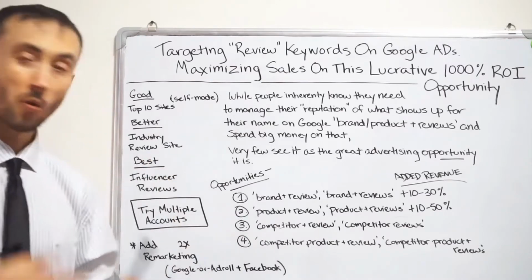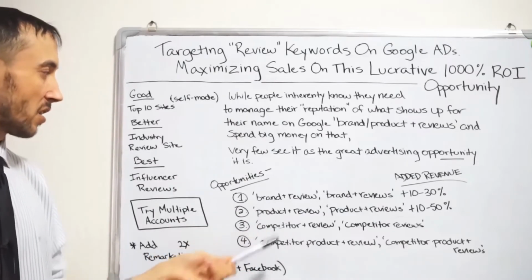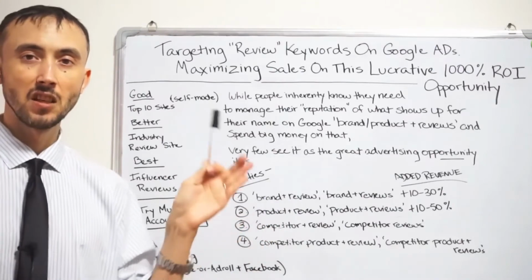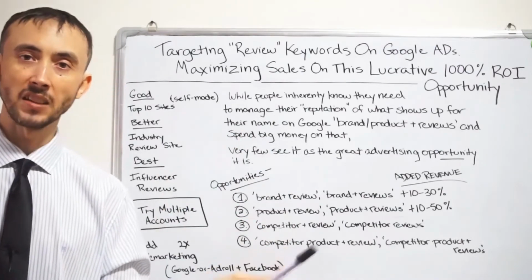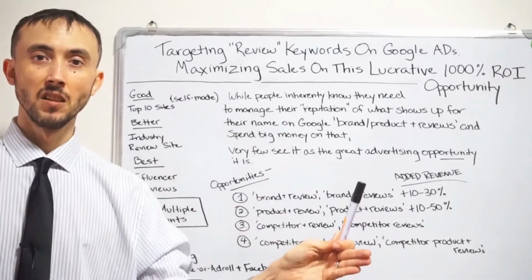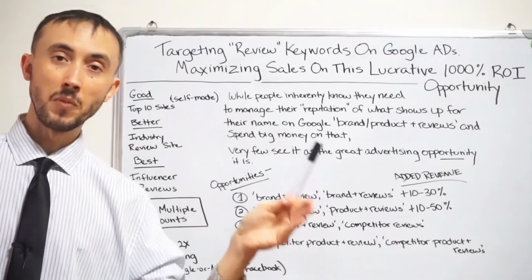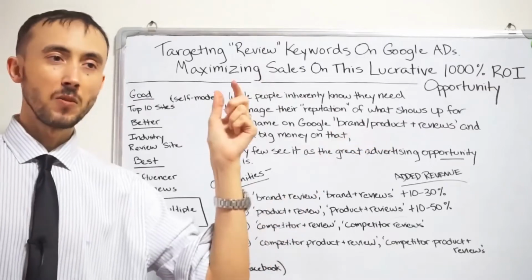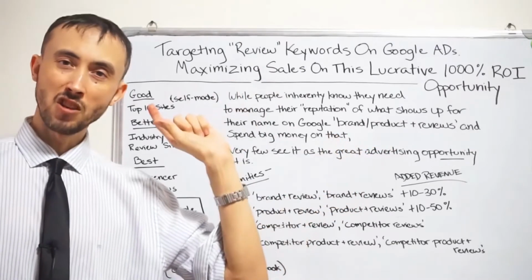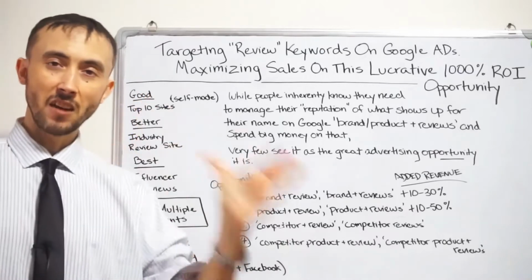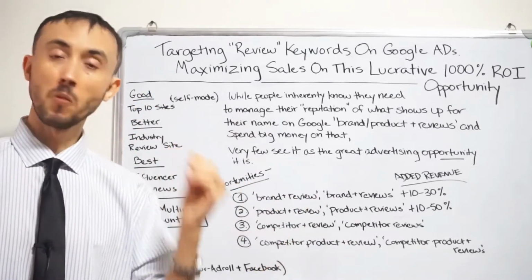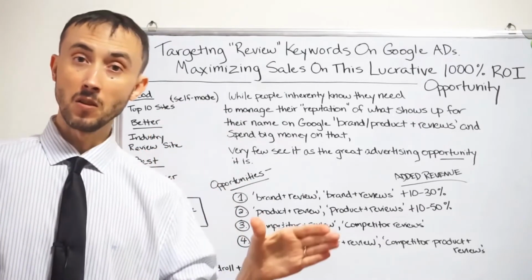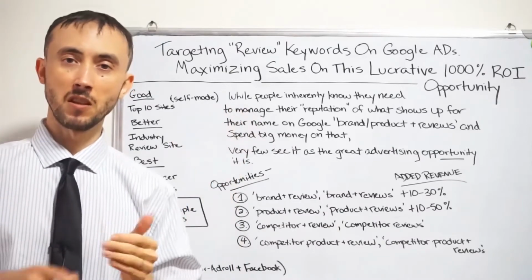So, just to sum this up, you advertise when somebody types in your brand name and then "review." You're going to have an ad that says, "So-and-so influencer reviewed the product, see what they said about the product." You don't even have to say it was reviewed very well, because I found a higher click-through rate if you leave it up, because if it sounds too good right off the bat, they're questioning it. It's not guaranteed to be the case every single time, but we want as many clicks as we can, and they definitely recommend that you say this highly respected person reviewed it, see what they said.